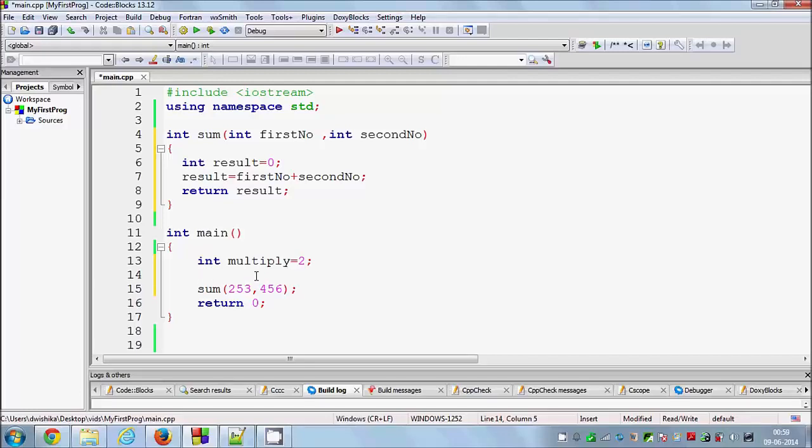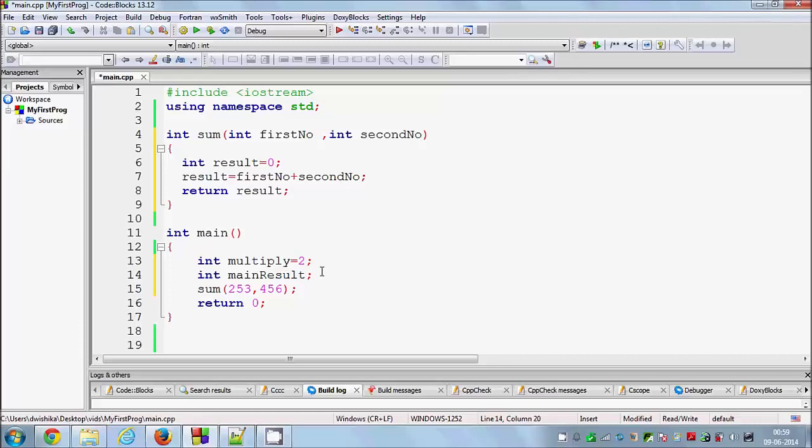So my multiply variable is initialized by 2, and I will declare one more variable, int main result. Okay, and this main result will contain the result.